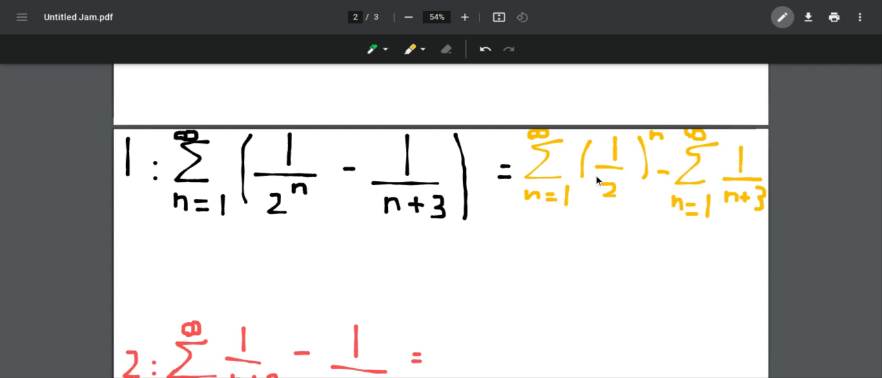Okay, so now the first part is just a convergent geometric series because the common ratio is 1 over 2, which is less than 1. So for evaluating it, we just take the first term, 1 over 2, divided by 1 minus the common ratio. If you evaluate that, we just get 1. And then we should subtract